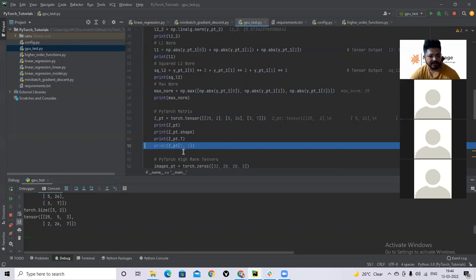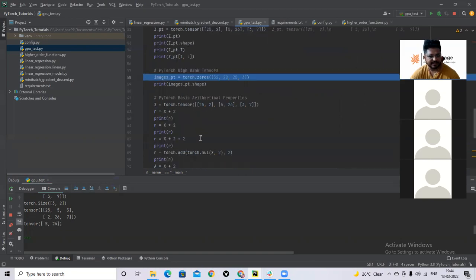And here you see the beauty of it. Just like NumPy, I can slice the matrix and get only row 1. You see, I got only row 1, 5 2 6.